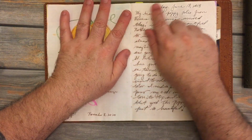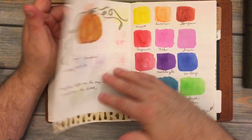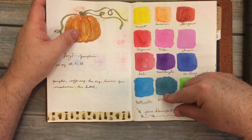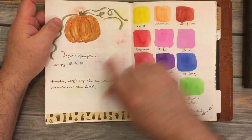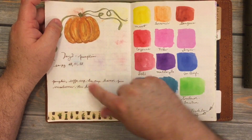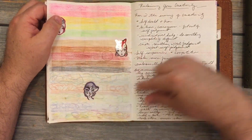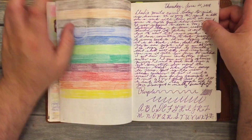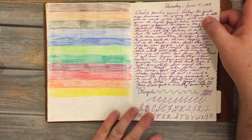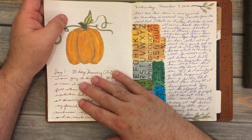A year later I journaled in here and then did these color swatches. The pumpkins are from this year. It says day 2. I was doing pumpkins for a day or a month, but it lasted only like a day or two. There's June of 2018. I was trying the purple pen. And then